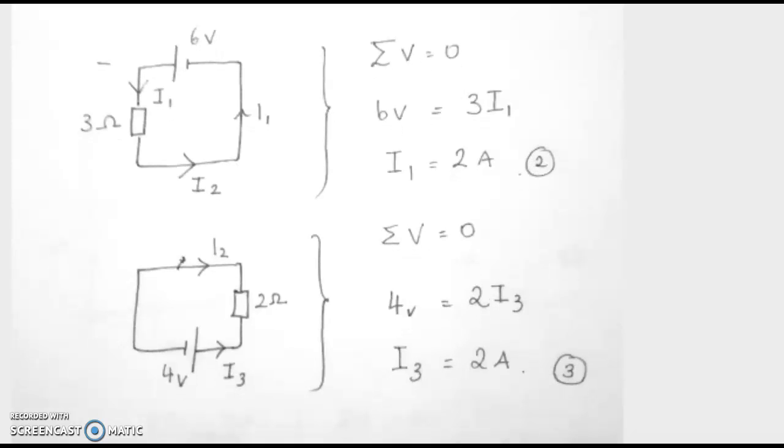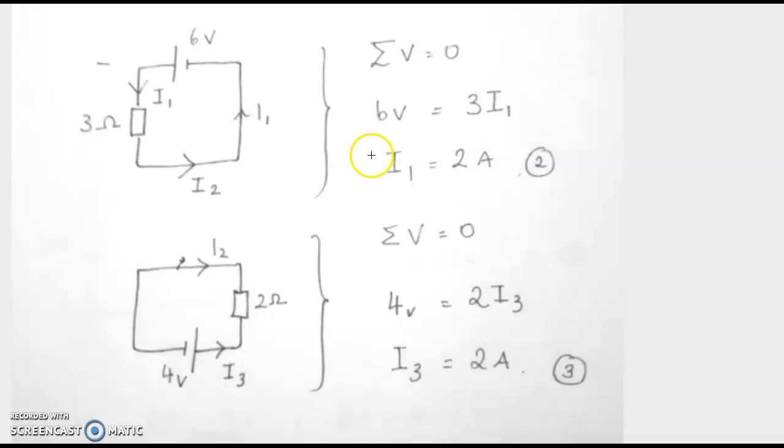Now I'm going to look at my first loop. I've chosen a simple loop with only one resistor in it. And that would be the 6 volts and the 3 ohm resistor. The summation of my voltages will equal 0. That means that this EMF will be equal to 3 ohms times the current. I'm moving this way because it's the conventional current, and the current inside my resistor is also in that direction, so it's positive. And I write my statement, I'm left with 6 volts equals 3I1,